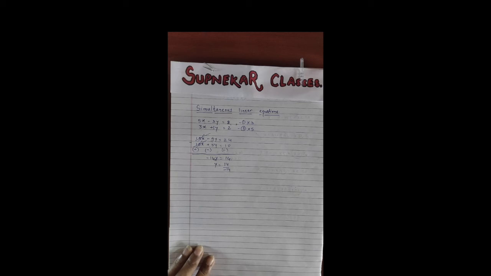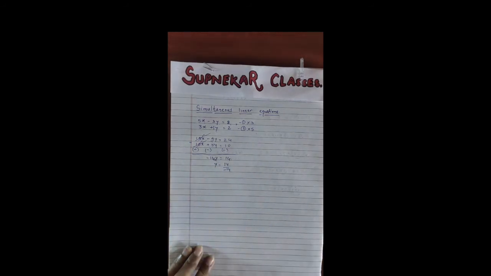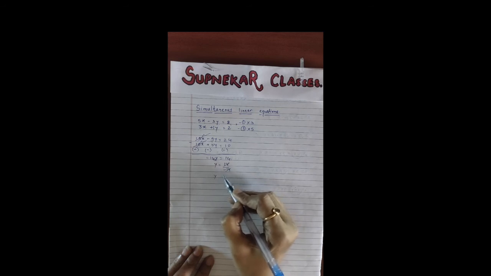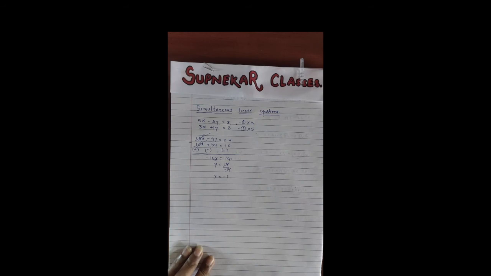If it had been given y minus 14 is equal to 14, then it will be y is equal to 14, and this minus 14 will become plus 14. Here it will not happen. Why? Because with minus 14 there is no sign given in between y and 14, so you have to consider it as a multiplication sign. So y is being multiplied by minus 14. While going to the other side, it will become division. So y will be 14 ones are 14, and minus only once, the minus sign is there. So y will be minus 1.